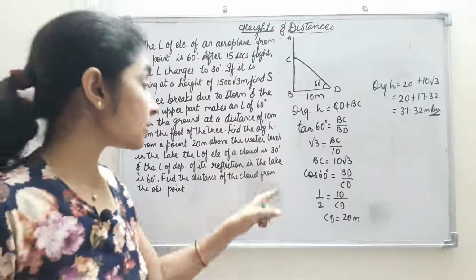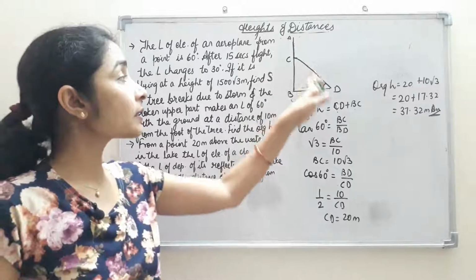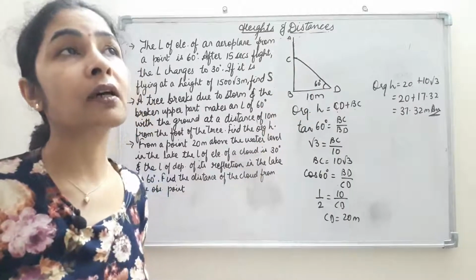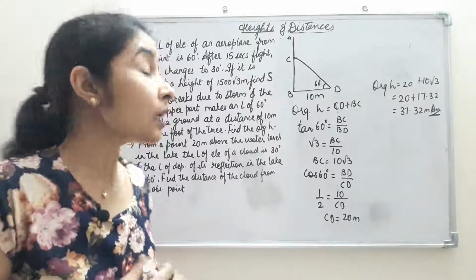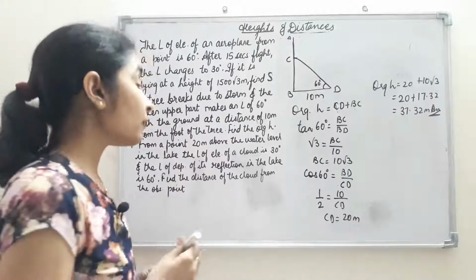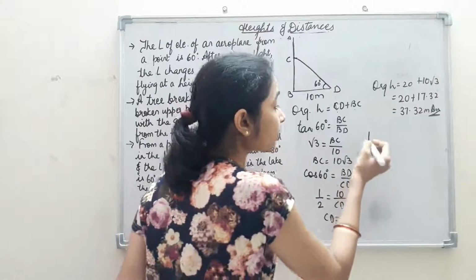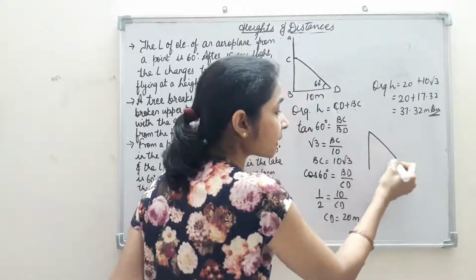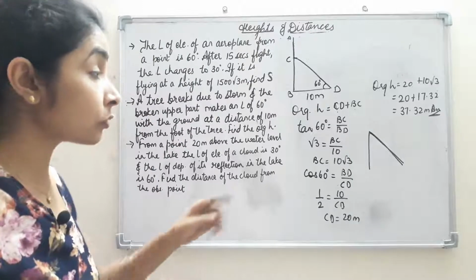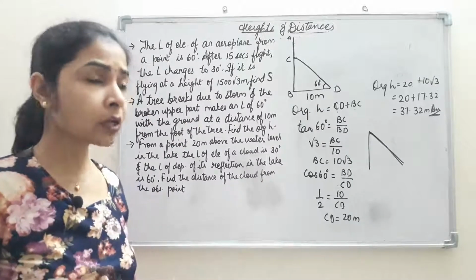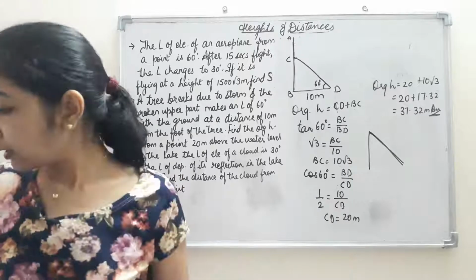Okay, so this was the first question in which we used cos 60 degrees. Whenever we are given this type of question, like when a kite is flying at this height, find out the length of the rope. So in that, sine or cos. If we are given that a pole is standing on the ground, and for support it is fixed with a wire here, then find out the length of the wire. In that case, we are supposed to use sine theta or cos theta as per the given information. Okay, now let's see the next question.